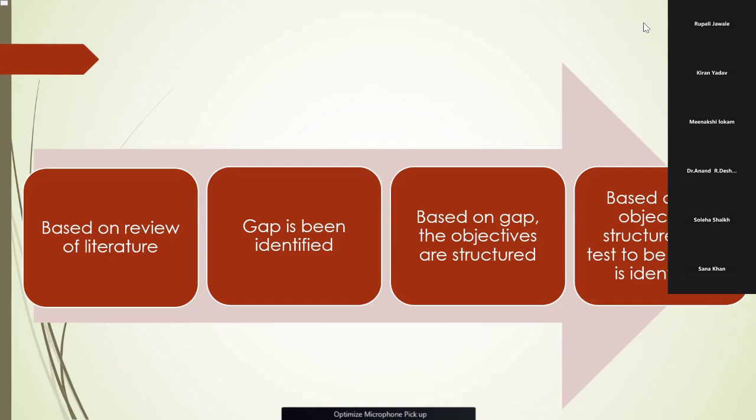Let us have a small example. Today in the morning, I suddenly got a headache. Now, my research question, or my research gap, is a question that starts with why. Why the headache? What is the reason behind my headache? So I have to find out